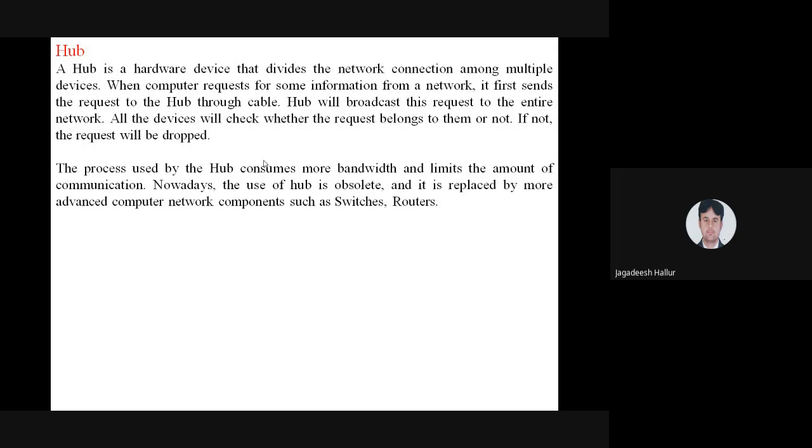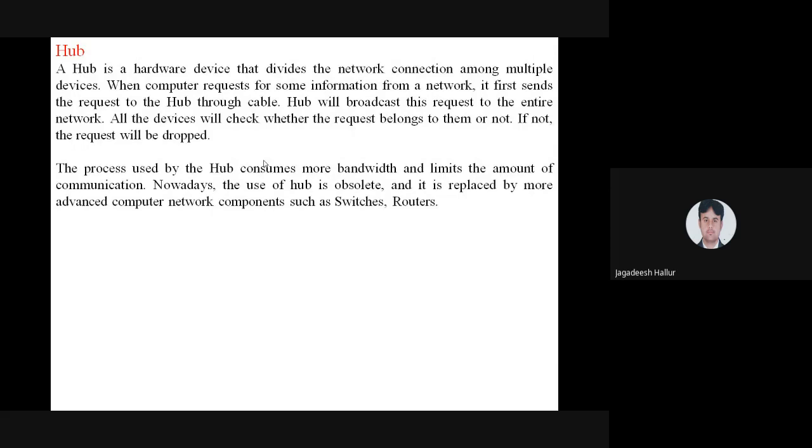Got it? What is the functionality of a hub? It is a hardware device. It looks like a star network, but it works like a bus topology. In a bus topology, what happens? Whatever the data is, all the data is broadcast.